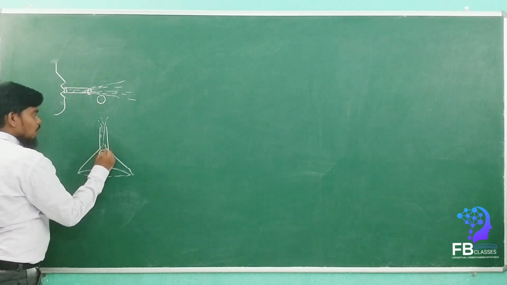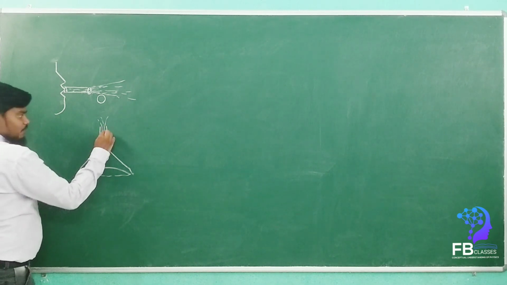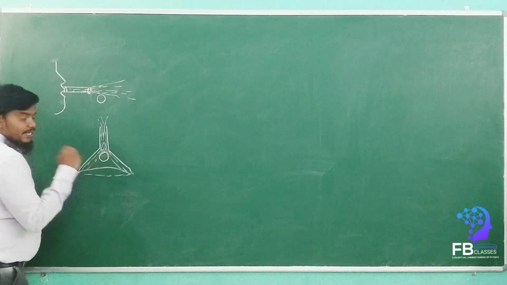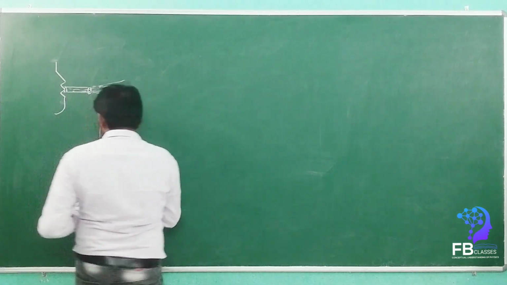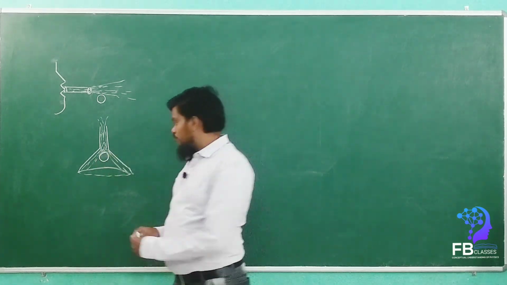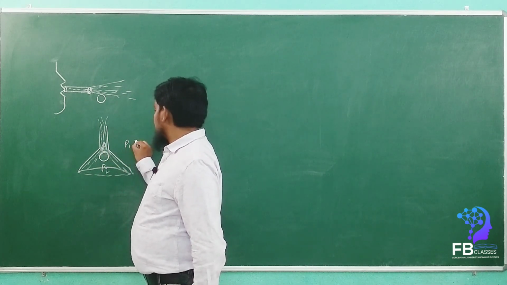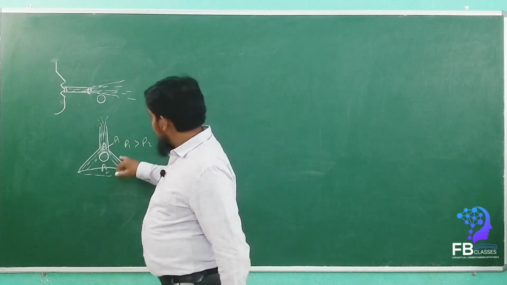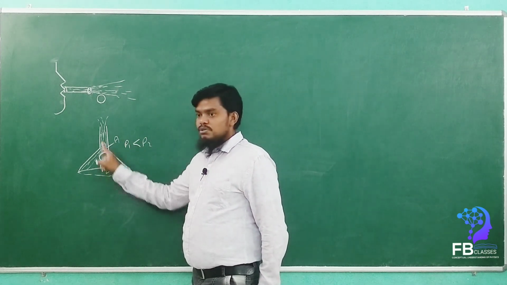Why? Because when we are blowing the air over the uppermost area, the air will go like this, yes or no? Once it goes like this, the uppermost area of the ping pong ball gets less pressure compared to below. Here is more pressure, here is less pressure. Say the top pressure is P1 and the bottom pressure is P2. So P1 is less than P2, and the ball always moves upwards.